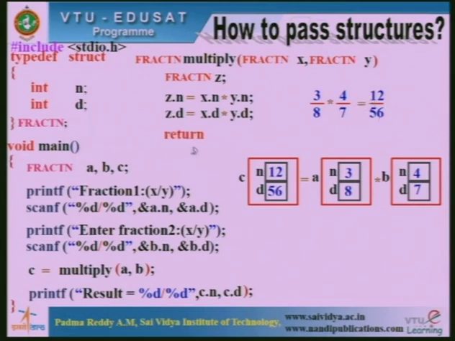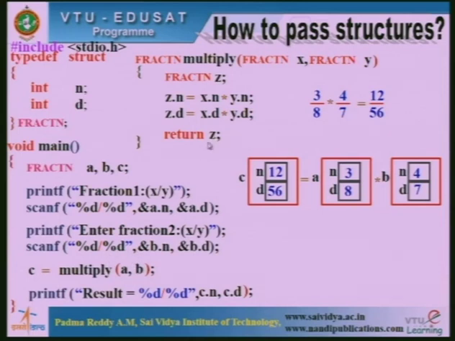What to do? We have to return z. The moment I say return z, what will happen? This 12 divided by 56 will be copied into variable c. So if I print c, what is the output? I will get 12 divided by 56. Now these 4 statements, 1, 2, 3, 4, this is the declaration statement, and these are all what? Executable statements. All those statements must be enclosed within braces like this. So this is your complete program, which shows how to pass structures as parameters to the function,